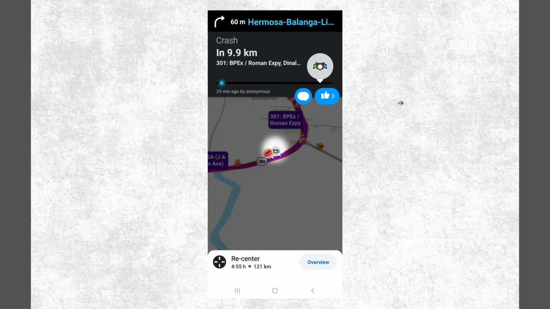If other users do come across the notification, but find that the police presence is no longer valid, they have the option to vote "not there." This action can help speed up the removal of the report, enhancing the accuracy of information provided by Waze to